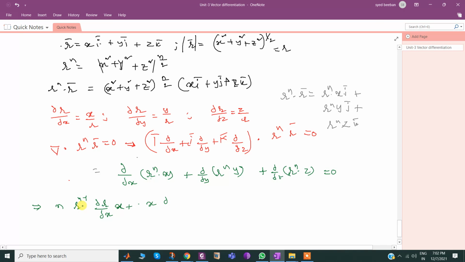Earlier I differentiated r^n, so now I need to differentiate x, so r^n times ∂/∂x of x, plus the second term, same logic, n times r^(n-1) into ∂r/∂y times y, plus r^n into ∂r/∂...